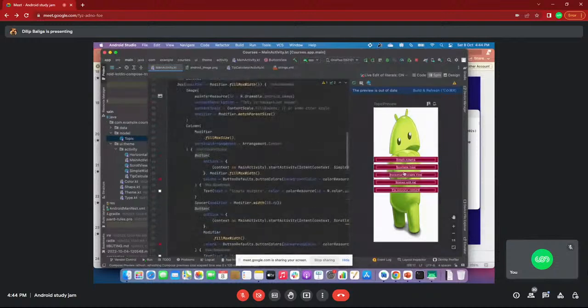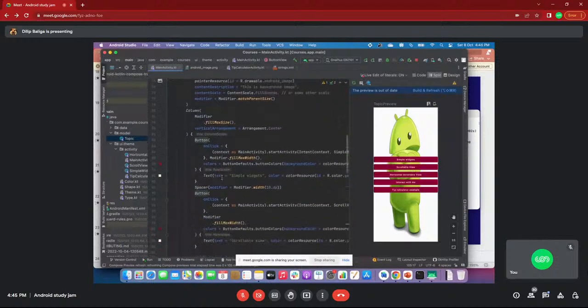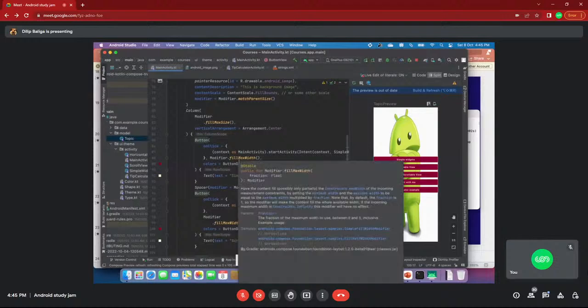This entire view is one column, and each one is one widget. Column arranges the child views vertically, one by one. If I use Row, it will align them horizontally. That is the difference between Column and Row.